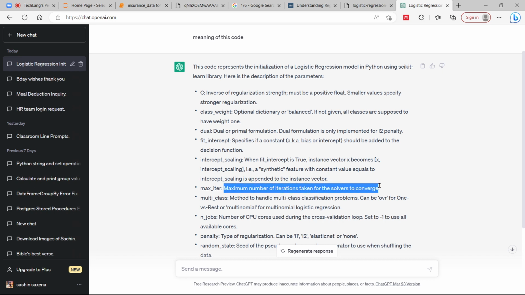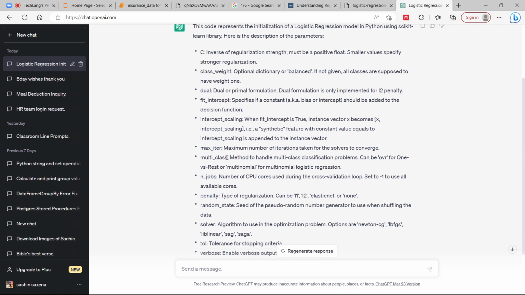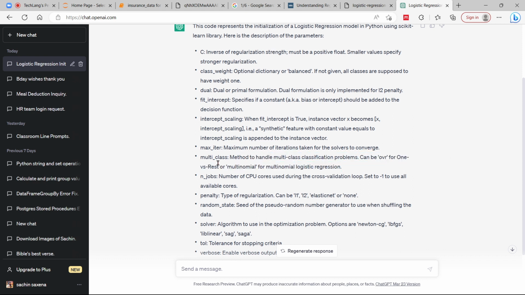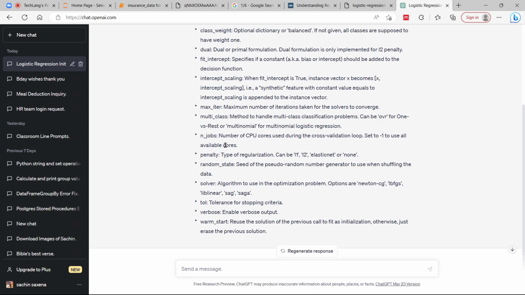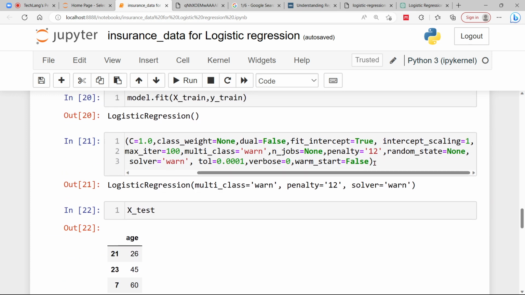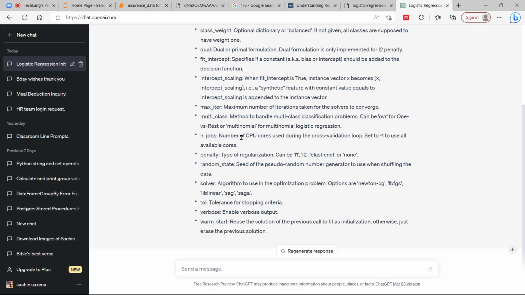Multi-iteration, maximum number of iterations, the solver, and the multi-class method to handle multi-class classification problems can be one-vs-rest and multinomial logistic regression. Number of CPU cores: to run this job, how many CPUs do you require? Since you need multiple CPUs at a time for parallel processing, you can give the number of jobs as more than one. But we have only one CPU here, so we are giving None, meaning it will use only one CPU